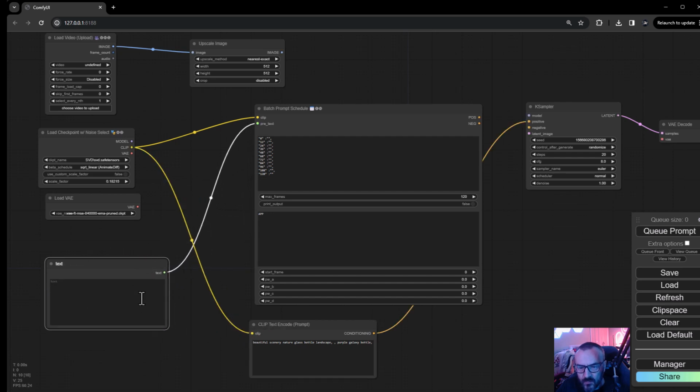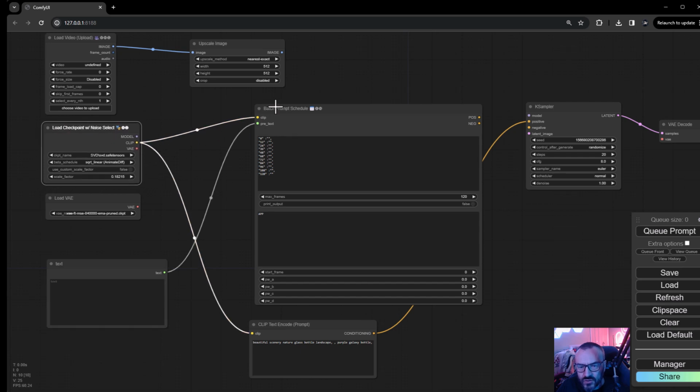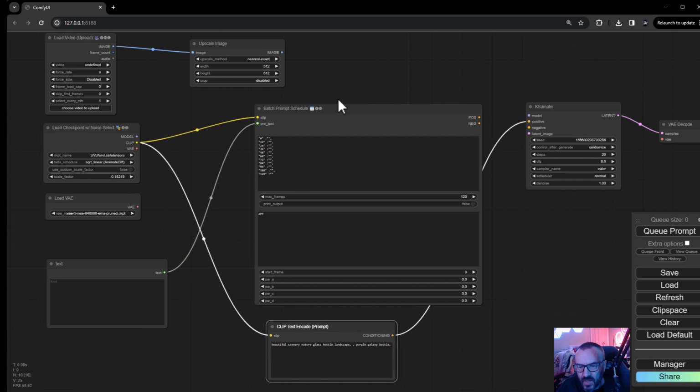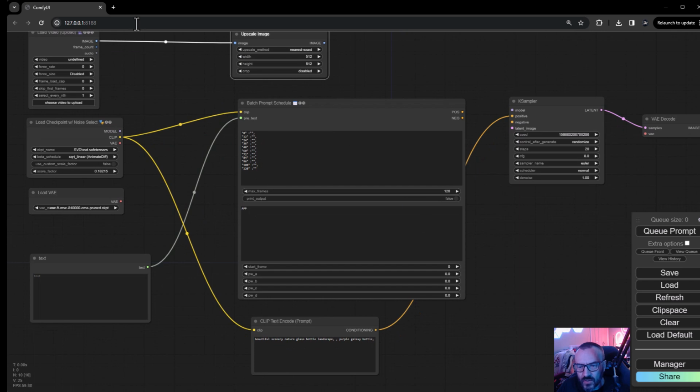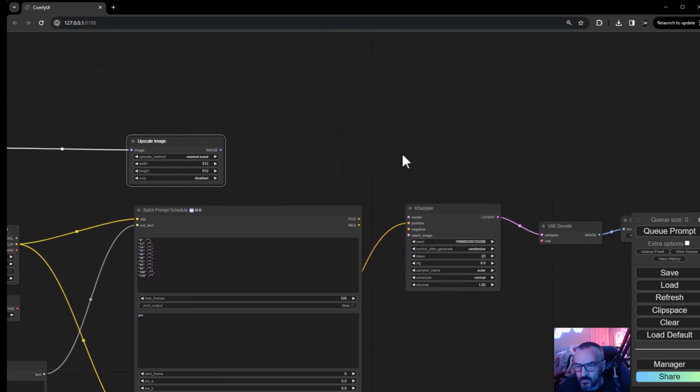So this time you can see we have our text going to the pre-text. We have our checkpoint clip connected to our clip text and batch schedule loaded. So far we've actually already started connecting. Okay, next we're going to put in